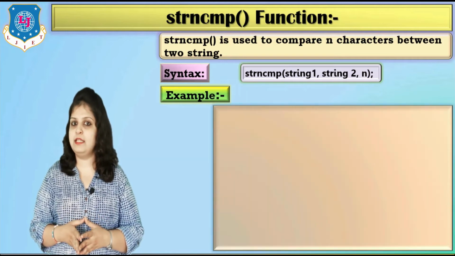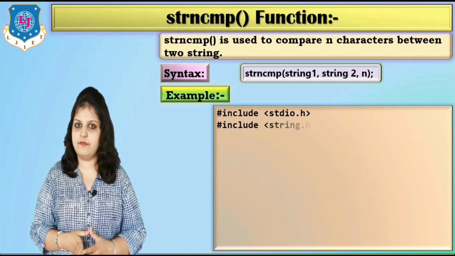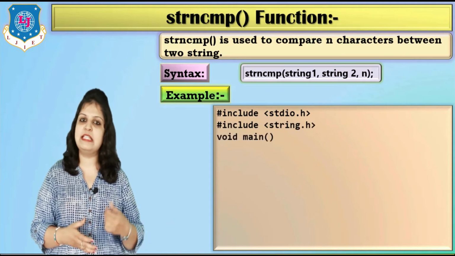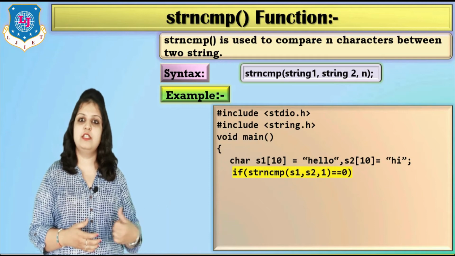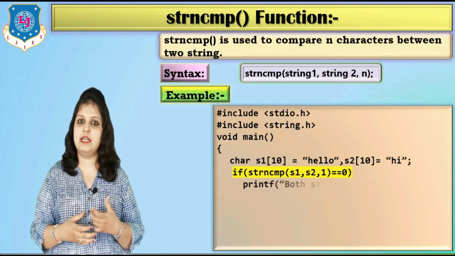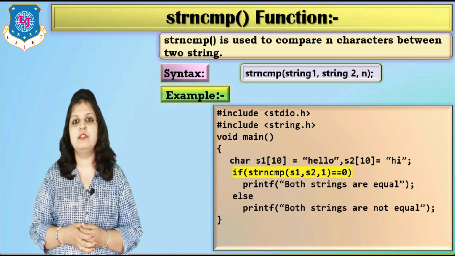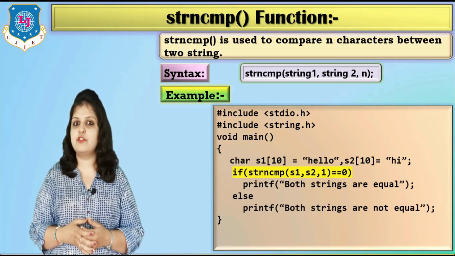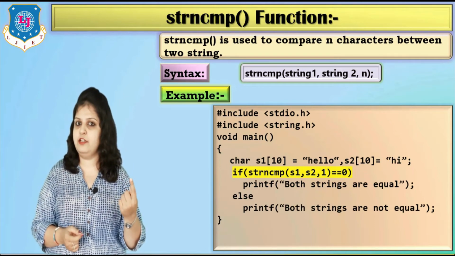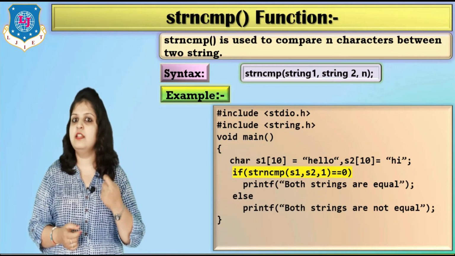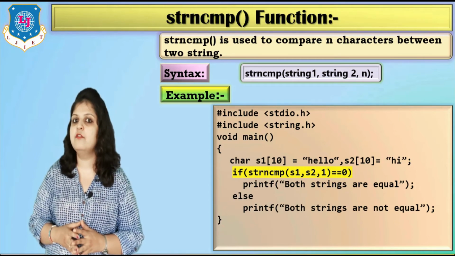So how can we write the example? Just see here. First include the header file, write the main function. The same strings I have taken here, but in the condition just see the change: strncmp(s1, s2, 1) == 0. What do you mean by this function? It will check only the first character. If the difference of the first character is 0, then your if part will be executed, meaning the true part will be